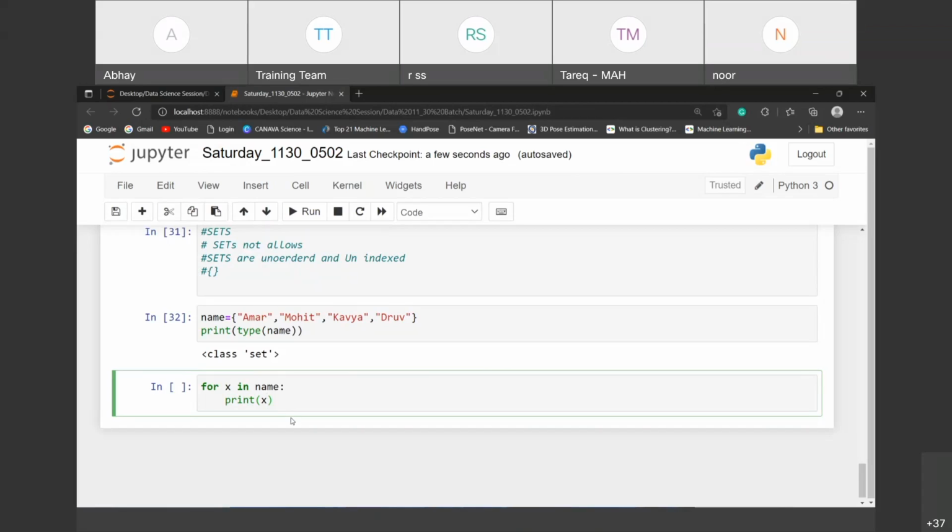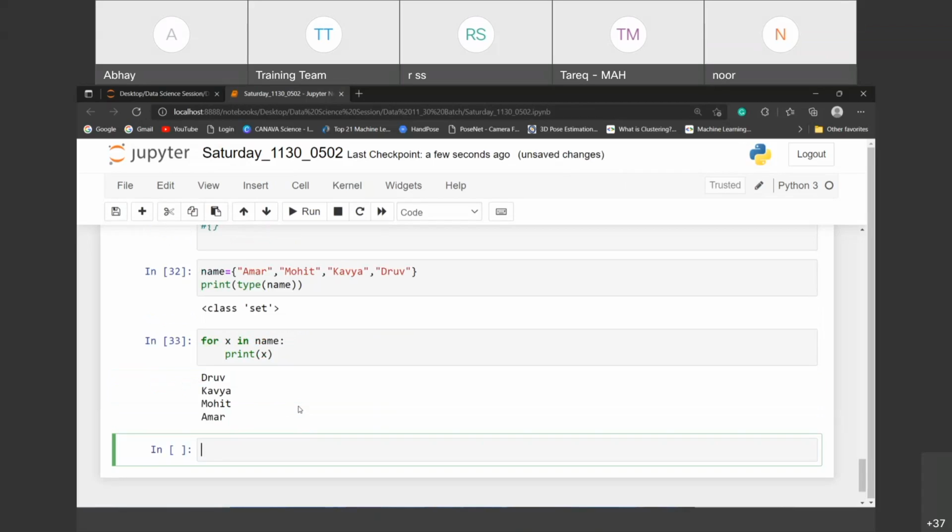Because sets are not ordered, exactly. Check out Dhruv, Kavya, Mohit, and Amar. So these guys are not coming in order. Thank you so much, Rahul.